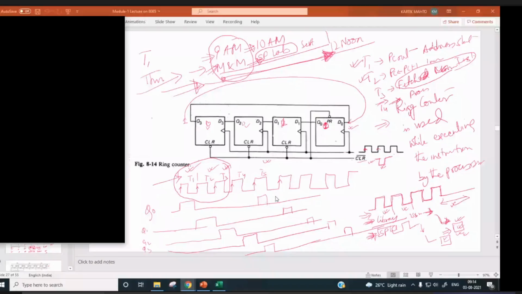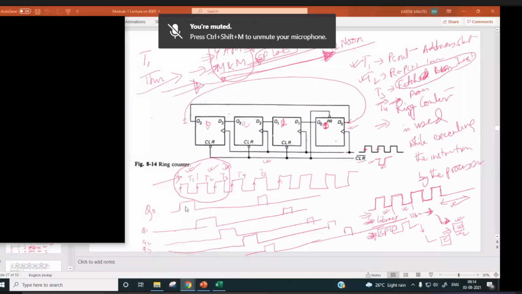So this way a continuous clock is divided. It's actually not divided; it tells you that during this period you have to do this, during this period you have to do this. So a continuous clock is actually named, or a typical output is generated, right? So suppose during the first clock pulse Q0 will be 1.